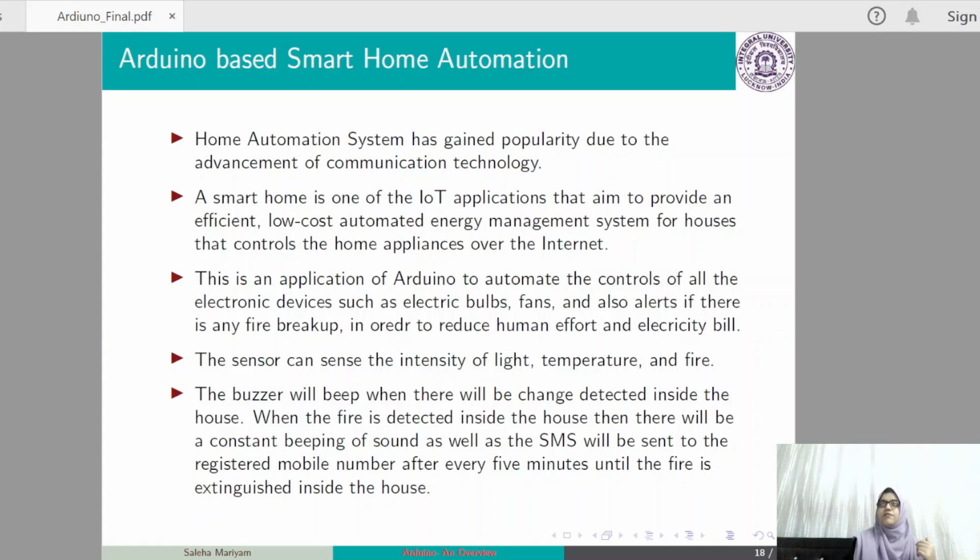Another point is energy efficiency. Many times it happens with us that when we are far away from our home, we have forgotten useless things on, and energy is being wasted. So it's saving energy. It senses whether there is nobody at home, and then energy is saved, and the extra lights, fans and bulbs are turned off. Next is